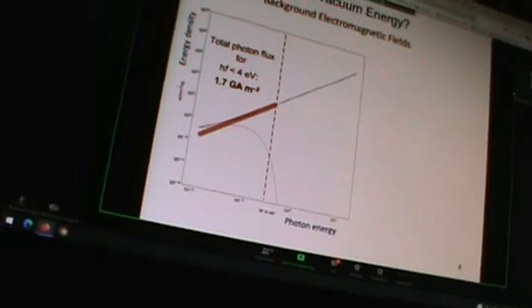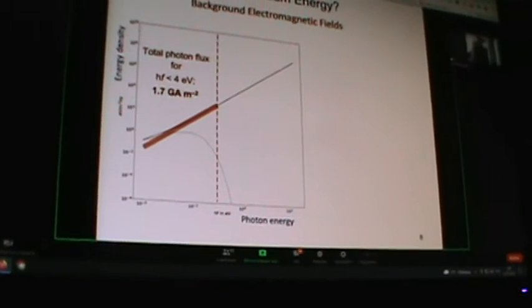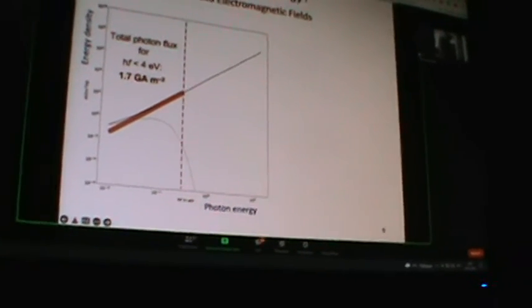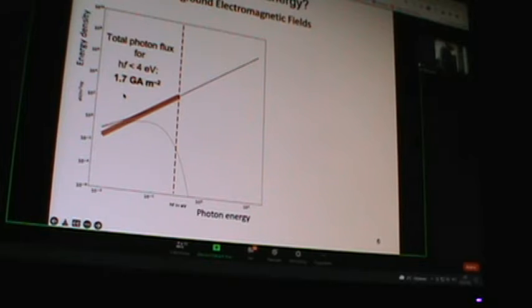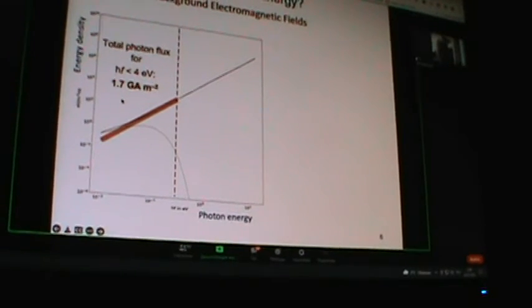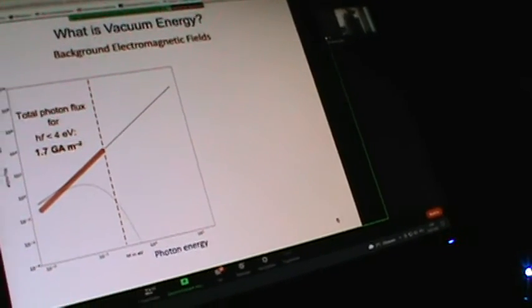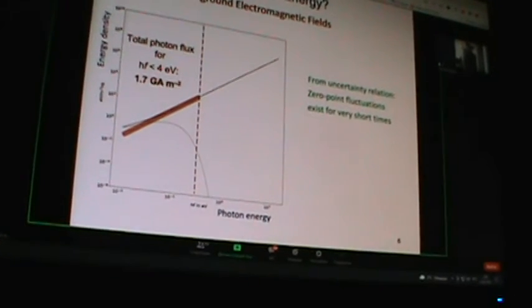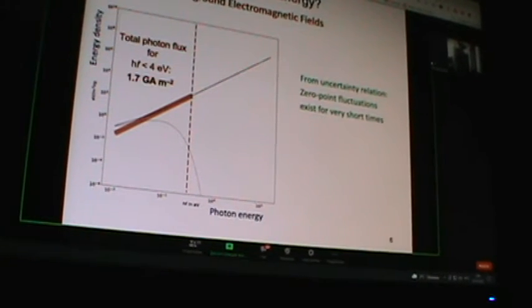which corresponds to about 3 microns, the current that we can get from that photon flux, if we could capture those photons, is huge. It's 1.7 gigaamps per square meter. So there's a lot there. It's worth looking at if we can get it. This zero-point energy was